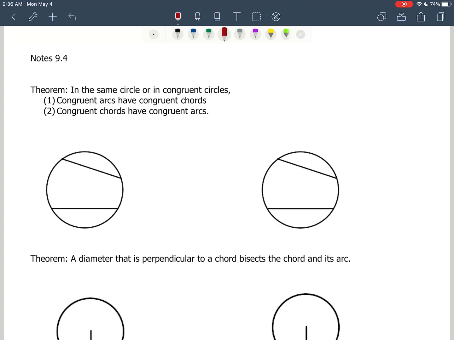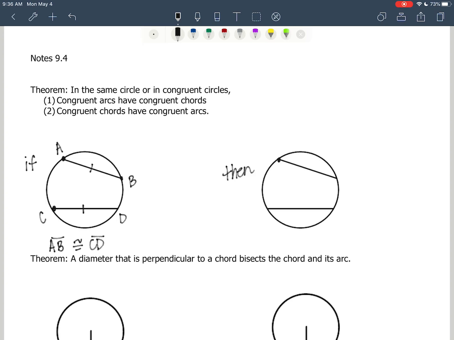Okay, a theorem here in our next set of circle problems. It says that in the same circle or in congruent circles, congruent arcs have congruent chords. So I drew this picture here for you. If we have a chord AB and it is congruent to chord CD, so AB is congruent to CD, then